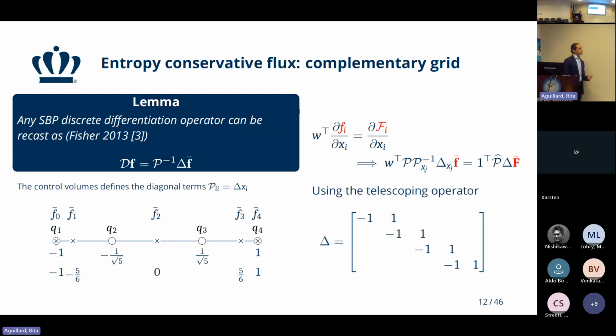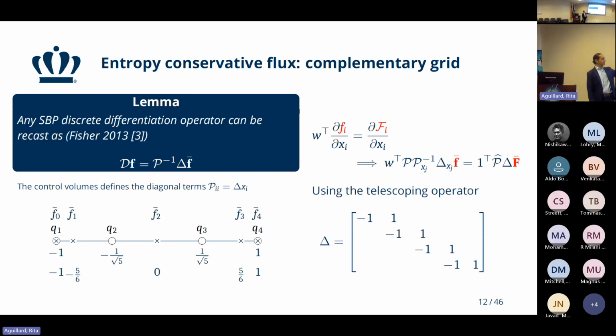So for the discretization as well, to get an entropy stable discretization, we also need the compatibility condition discretely. And in this work of Fisher and Carpenter, we can show, using the telescoping operator in this lemma, that we can take this differentiation of the flux discretely. And what we need is to employ this complementary grid and a telescoping operator. And the complementary grid comes from basically one order higher of approximation, or of collocation, for the LGL points. So if we have here in Q the LGL points for P3, then the complementary grid points are basically the points for P4. And we have that